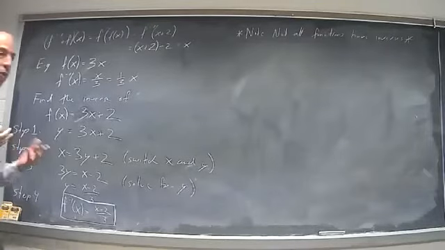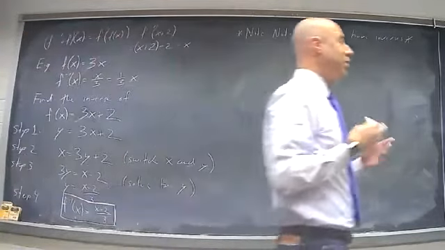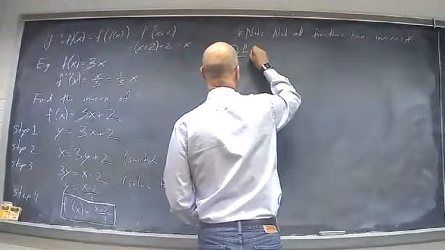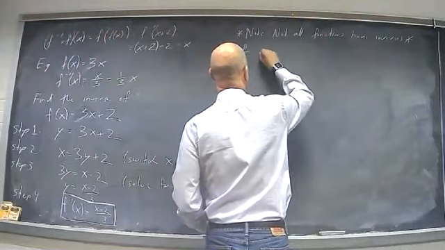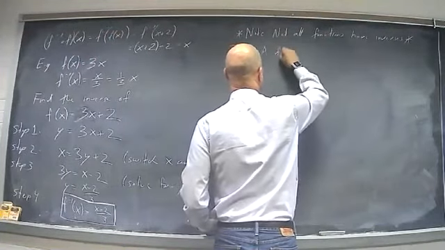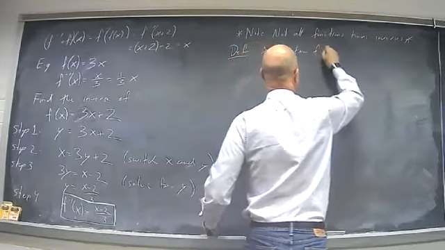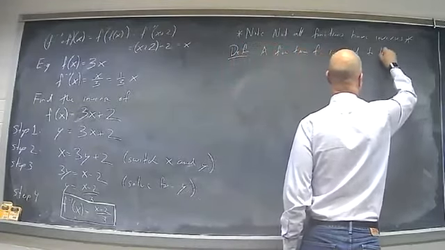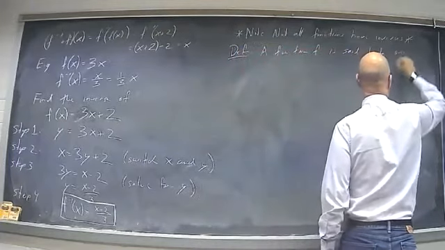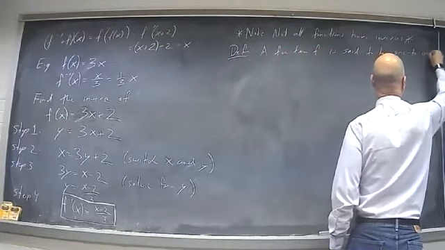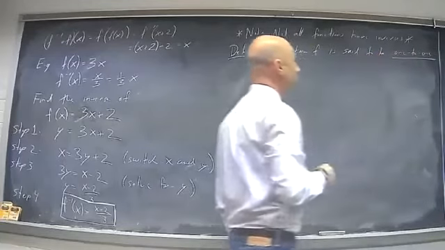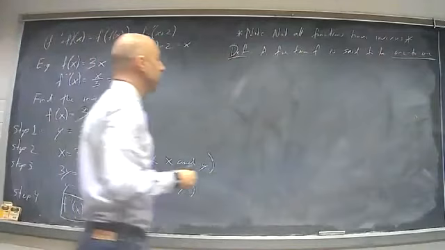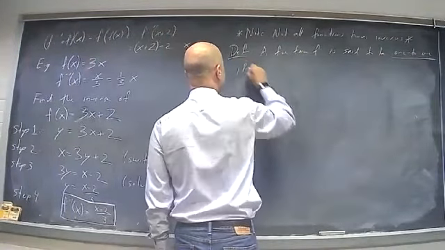And to decide which ones do and which ones don't, we need a definition. A function f is said to be one-to-one, that's what I'm defining here, one-to-one, if